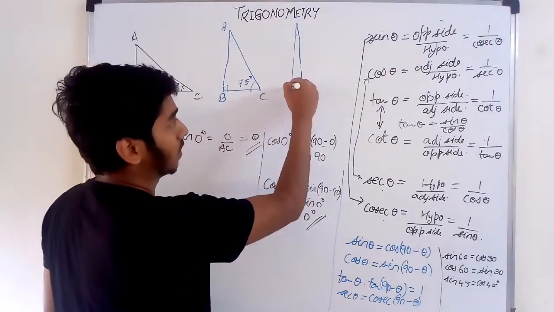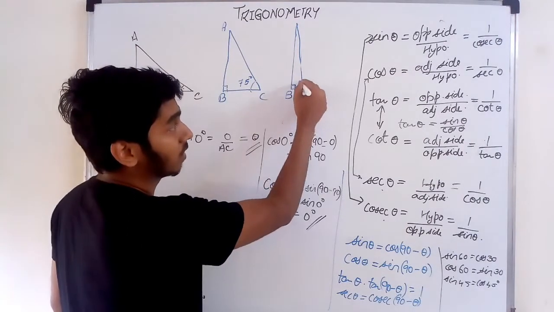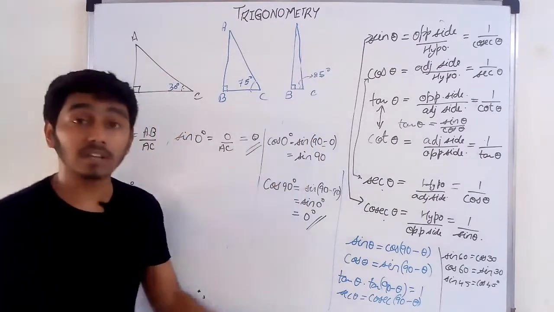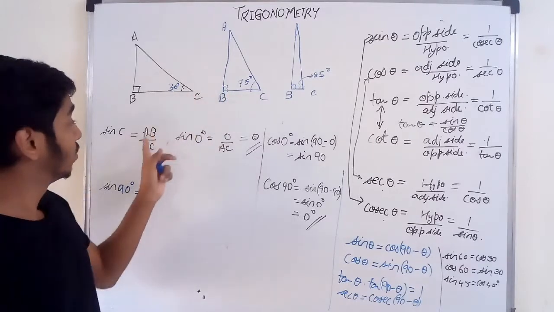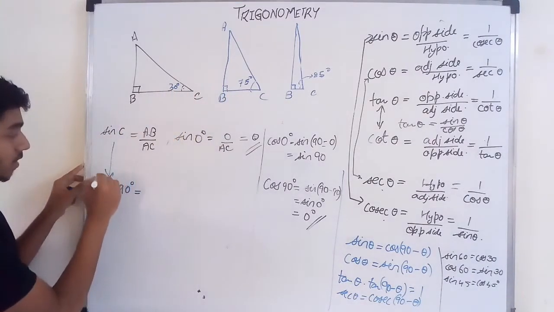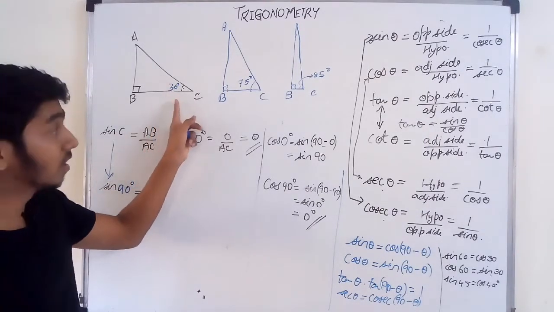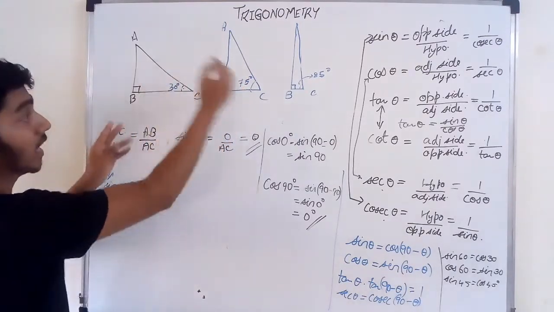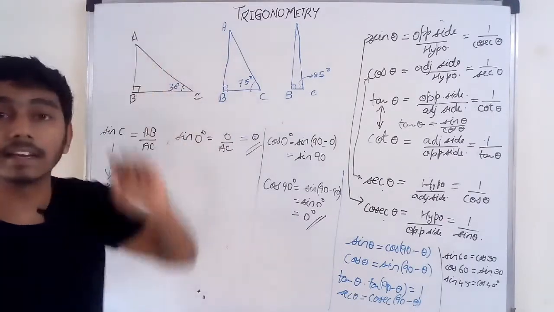It will become something like this, where B is 90 degrees, and let's say this angle is 85 degrees. So what is happening here? What are we understanding from this? If you try to convert angle C, we are trying to make C from 30 to 90 degrees. So we made it 75. By 75 it looked like this, keeping angle B as 90 degrees itself.